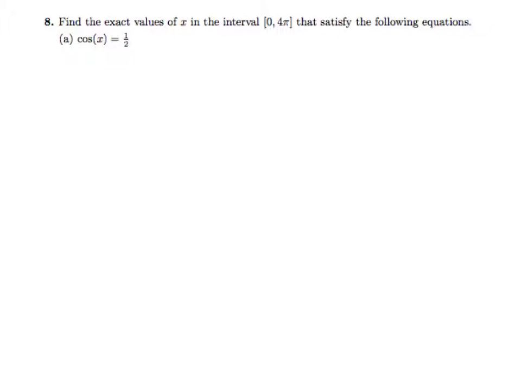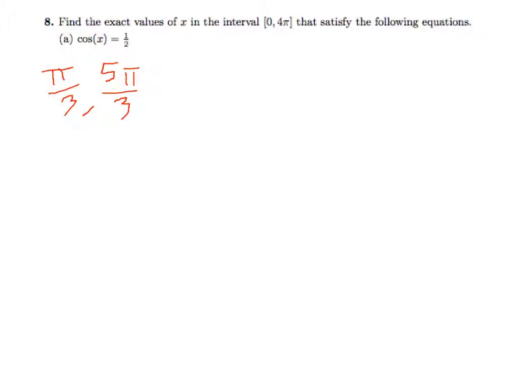Alright, for this problem, we are asked to find the exact values of x on the interval of 0 to 4 pi. So for the following equation, we have cosine of x equals 1/2. So just using our table that we should all have memorized, we know that pi over 3 will give us 1/2, as will 5 pi over 3, and the same 0 to 2 pi